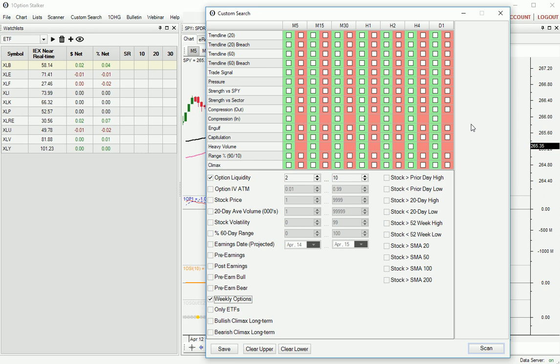So let's go in and let's start with a bullish trade signal and a bearish pressure reading and a bullish relative strength. And we'll click scan, and we see lots of results coming up, which is fine. The first thing that you want to do when you create a search is you want to cast a wide net. So let's also put in